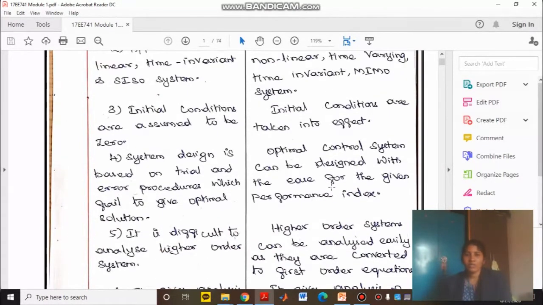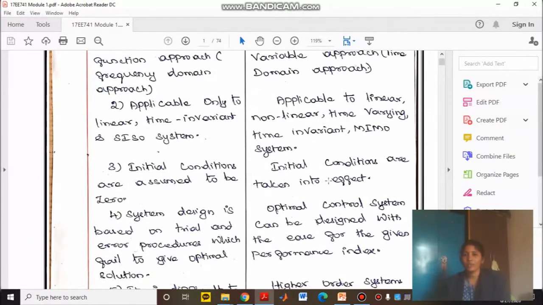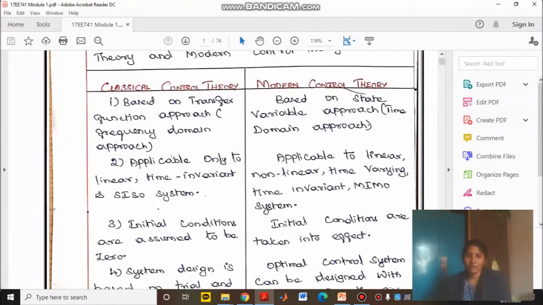And also, if the system order goes high, like s cube plus 2s square plus, that is, to the power more than a second order system, then it is very difficult to analyze with classical control theory. Whereas modern control theory can be implemented for any order of the system. Therefore, as the order of the system increases, it is better to go with the optimal approach of